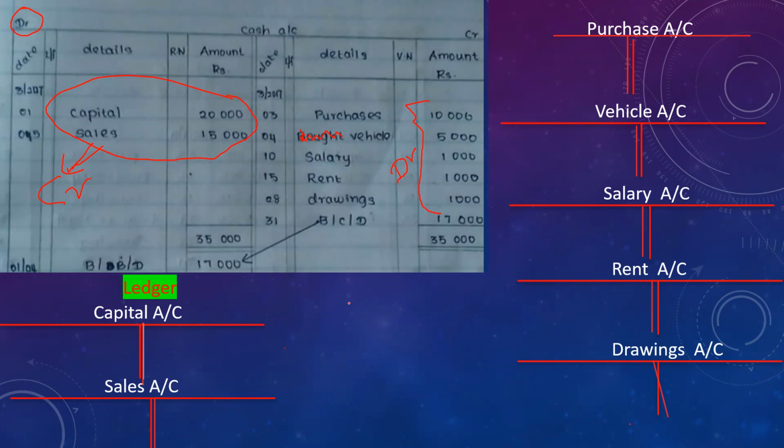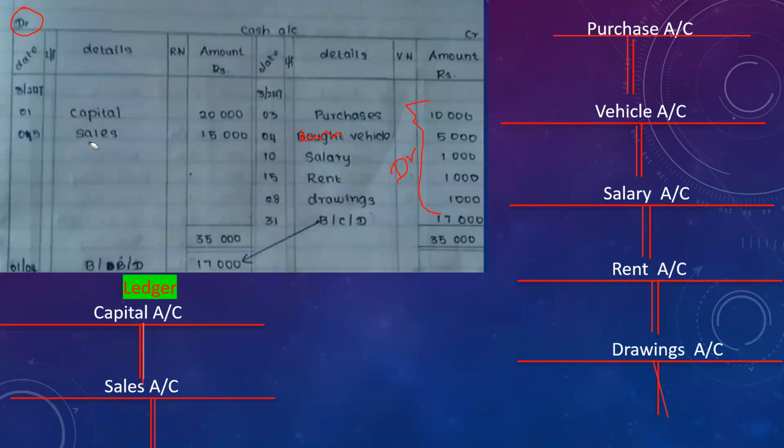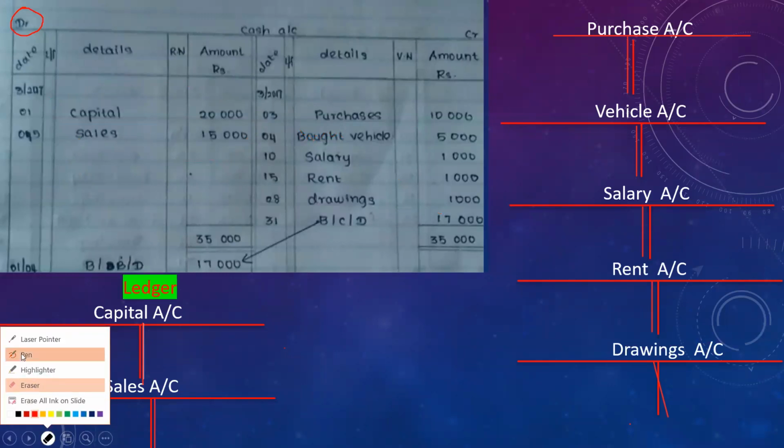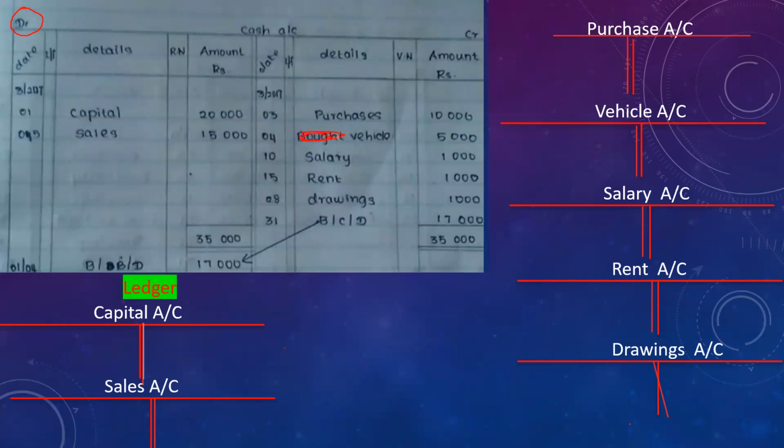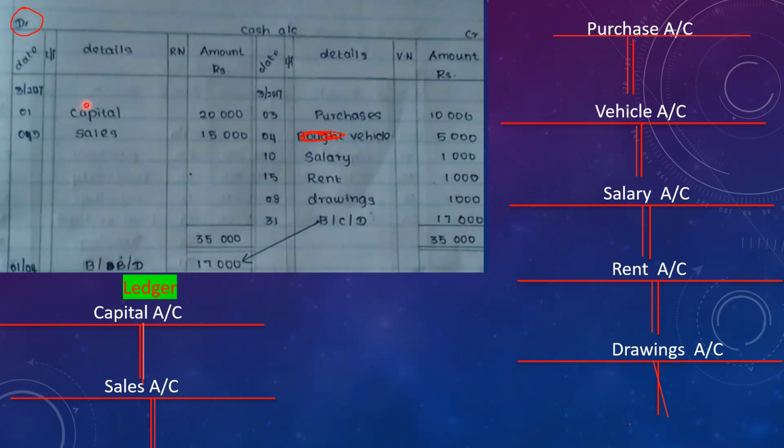So now let's see how to record that debit and credit. Now we are coming to practical. Practically, let's see how to record debits and credits. Ready, everyone? Right. So when you come to the debit entry capital 20,000, it goes to the capital account credit side. Don't write now, don't write now.